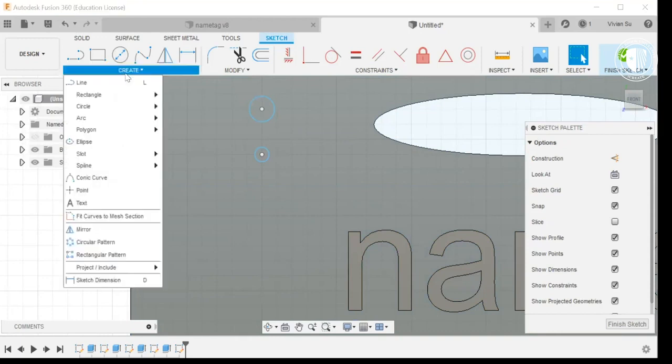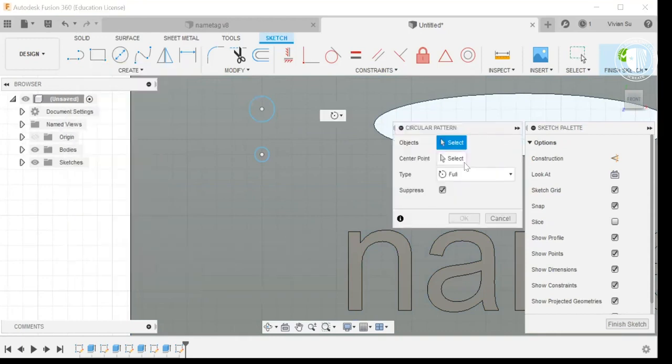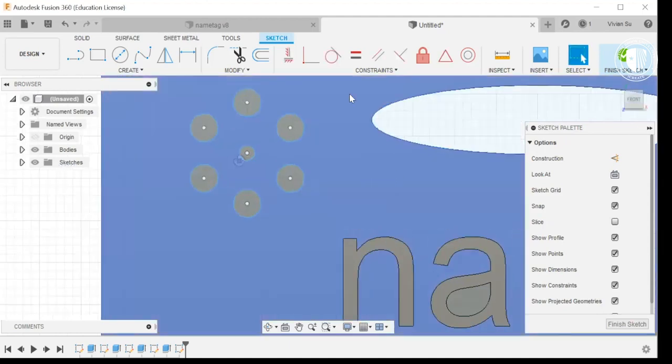I'm going to go over to create circular pattern, and now objects. So I want this to circle around this. And now you can see there are 3 right now, but I want to do 6. So now I have 6 circles. And you could do this manually and make 7 circles, but using the circular pattern makes it a lot easier